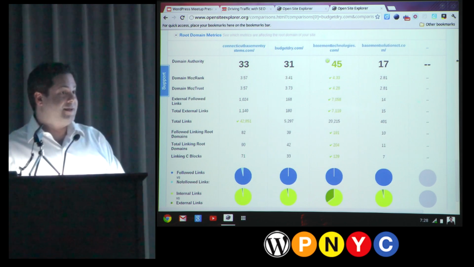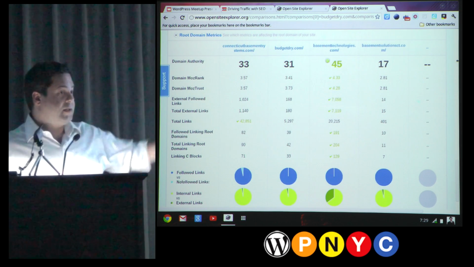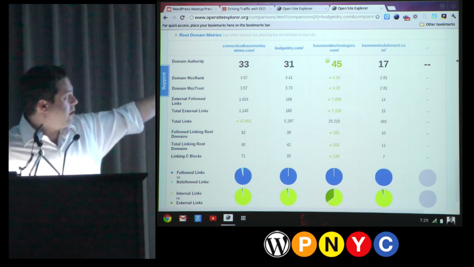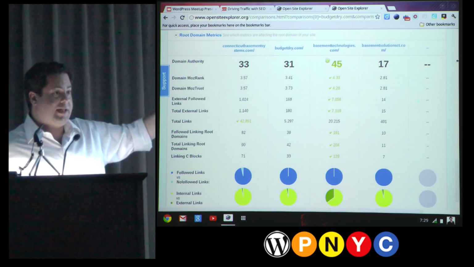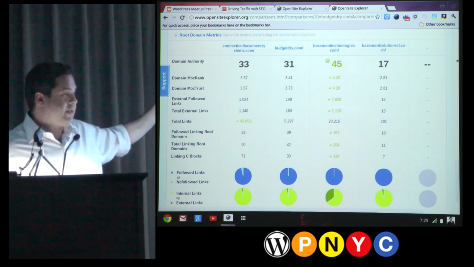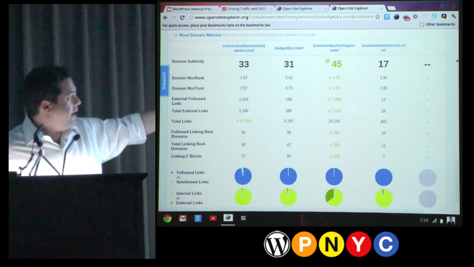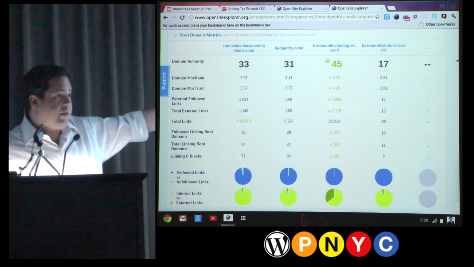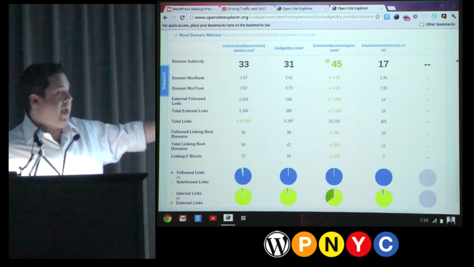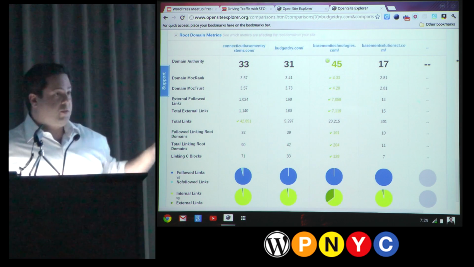That's interesting. Hands down. Yeah, because it could be any keyword, but what if it's a keyword that none of them have? I guess this just goes on markup and H1s and H2s. No, this goes on backlinks. This is just backlinks. So you can ignore the domain MozRank and MozTrust because that's proprietary to SEO Moz. But when you look at the external followed links, this is just for links. Just backlinks, exactly.